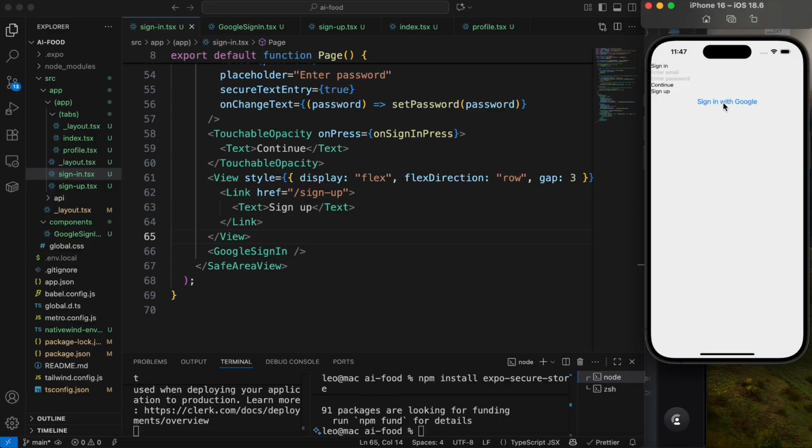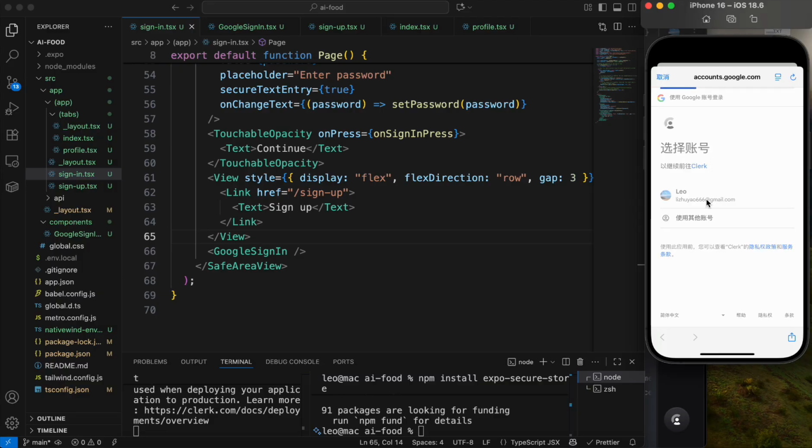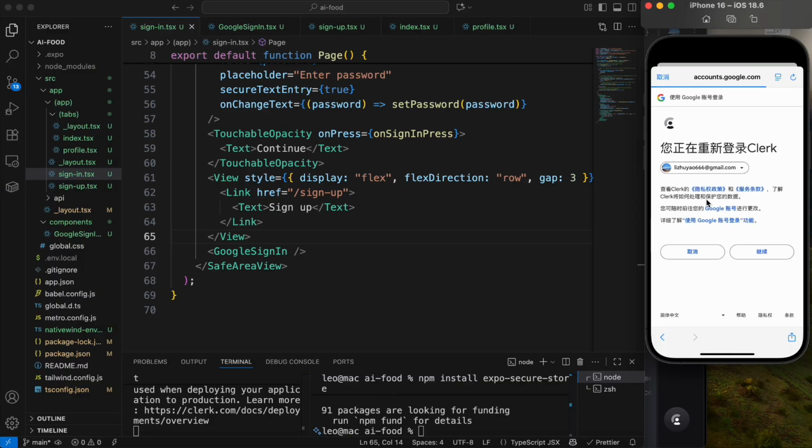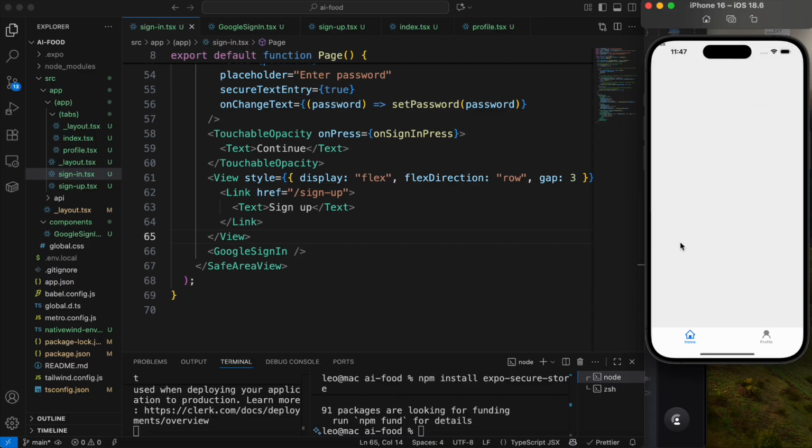That's it. And it should redirect me to the tabs. That's done. And we give some style for the sign in